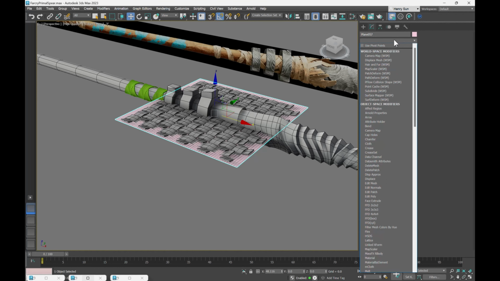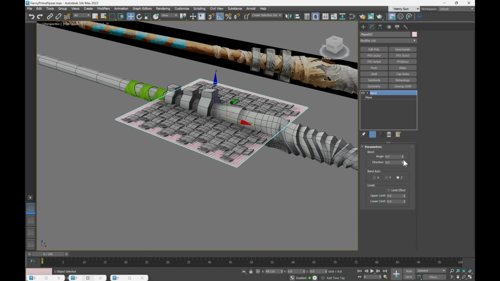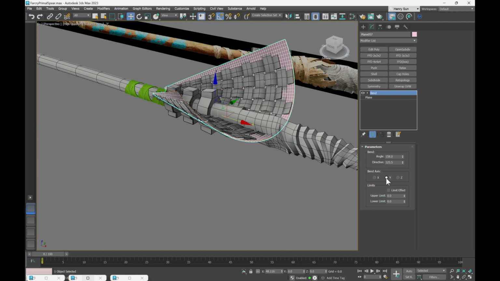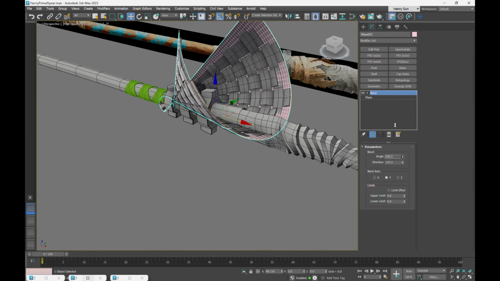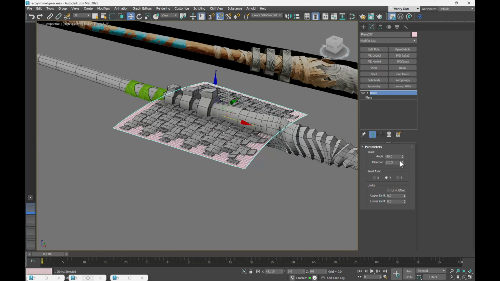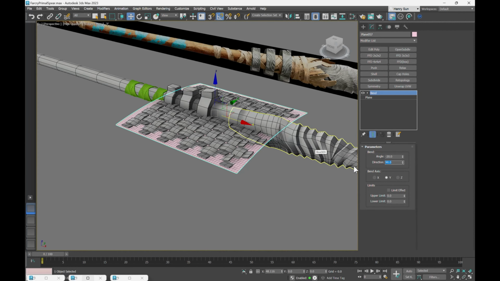So let's go to the Modifier tab, let's find Bend, and let's increase the angles and direction, and let's make sure that we have the correct axis, which it looks like it's the Y. Okay, so the direction will be 90, and the angle will be,